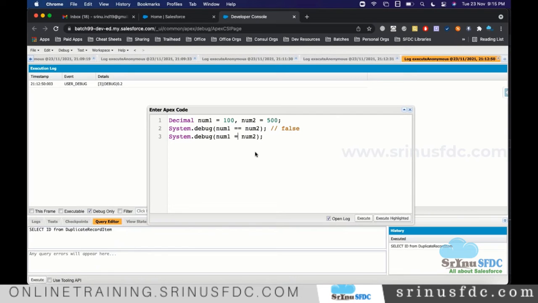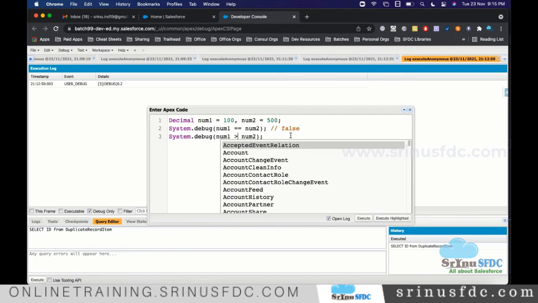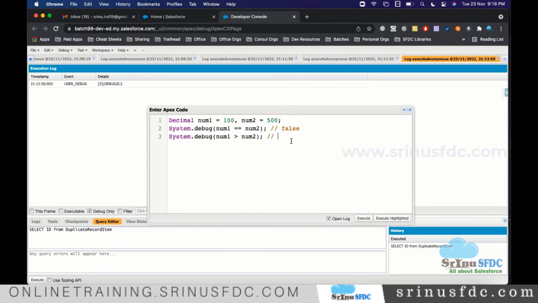So when I say greater than, here also false, right? Number 100 greater than 500? No, right? When I say number 1 is less than number 2, 100 less than 500, yes, right? So this time it should be true. Now we are printing these 3 different values.